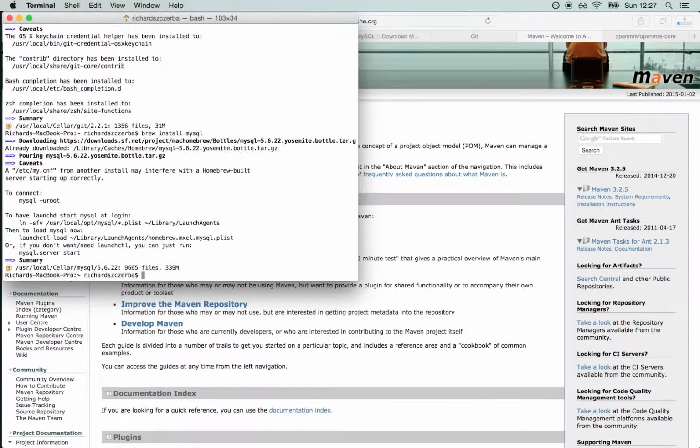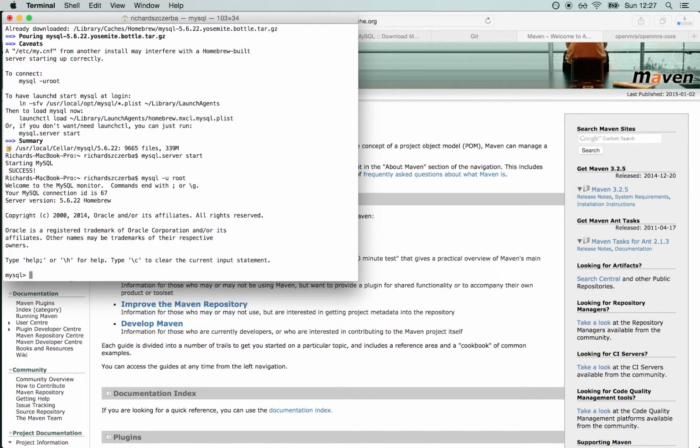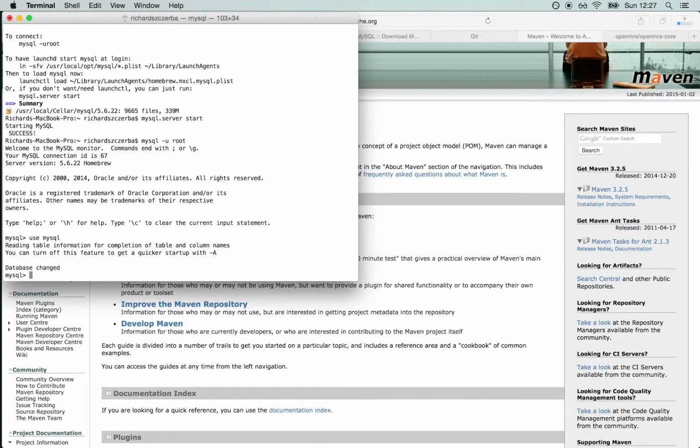We're going to need to set a password for the MySQL database. So start it, mysql.server start, and mysql -u root, use mysql, update user set password equal to PASSWORD, brackets. You can set it to whatever password you want. I will use OpenMRS, close brackets,